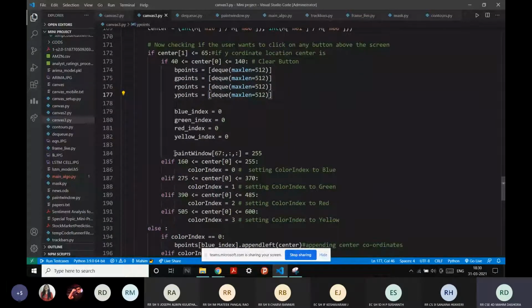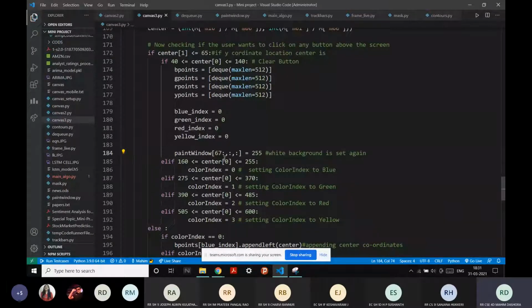And this is the clear button. Everything is reset, and the paint window will be set back to a white background. And as I said before, 255, 255 doesn't make sense. I mean, it makes the same sense. So 255 is set, so that the required background is set again.